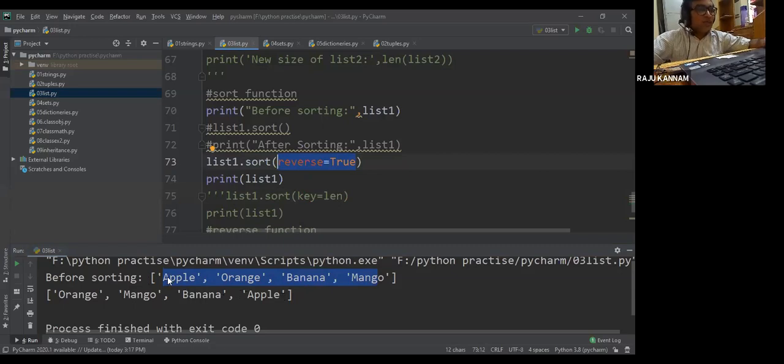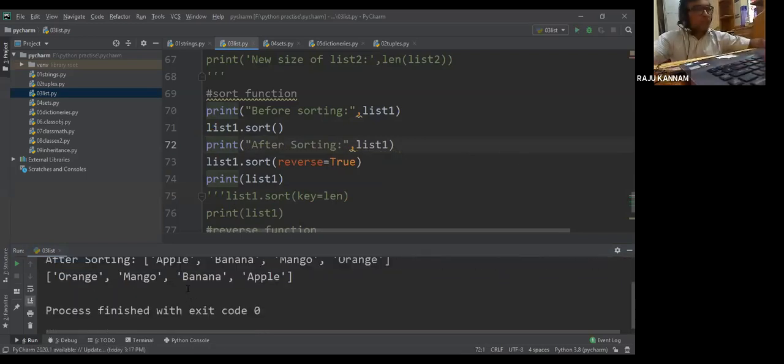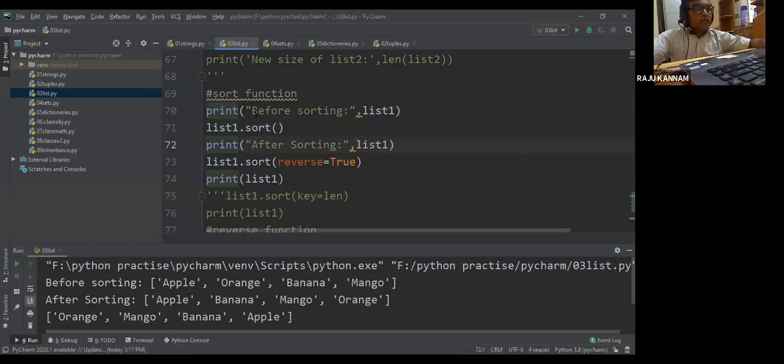Apple, banana, mango, orange. And if you want a clearer understanding, I enable this also. Now see here, this is before sorting. The list is apple, orange, banana, mango. Once it is sorted, the answer is apple, banana, mango, orange.